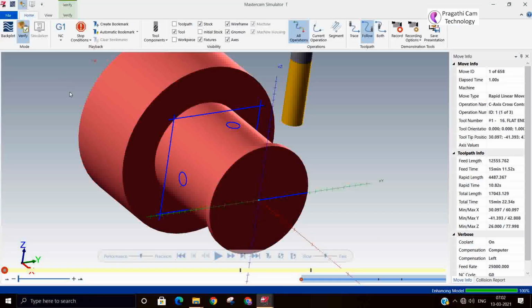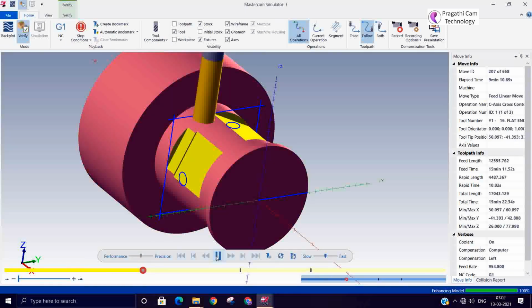Otherwise, it will not look good. Okay, run it.